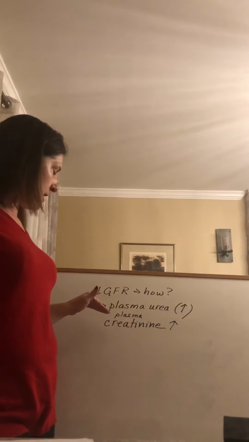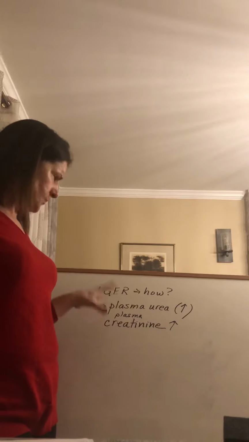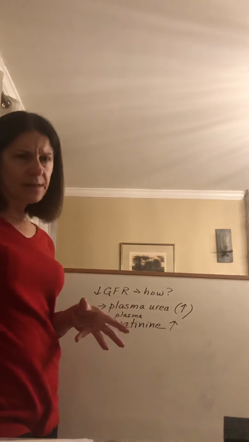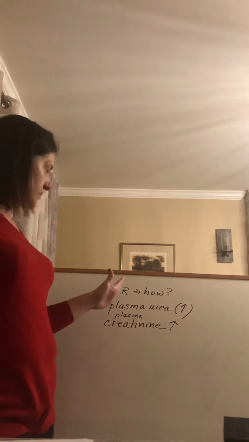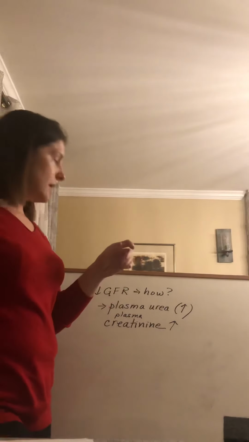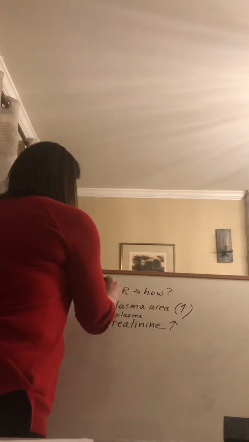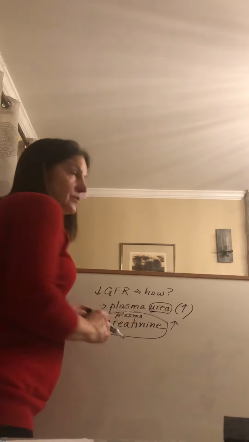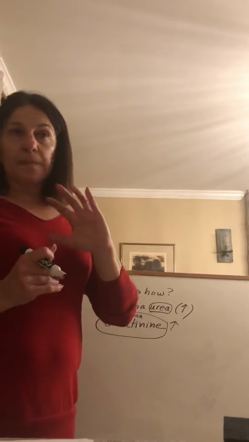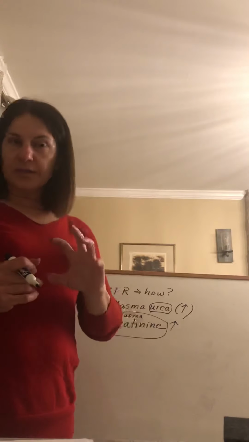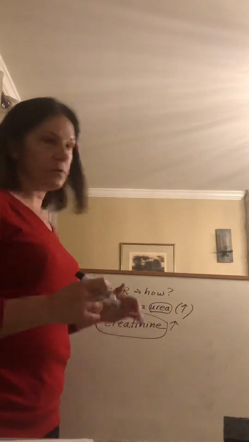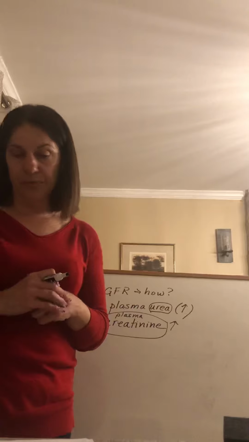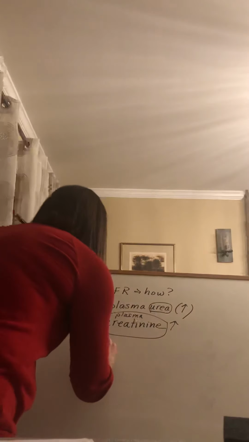And because normally this would be filtered out, it would not be at high levels in your plasma, but would be filtered out through your kidneys and then excreted as urine. So if filtration goes down, these two markers would go up. So you can look at those two in the plasma as indicators of how slow filtration rate is through the glomeruli. You would also have edema,